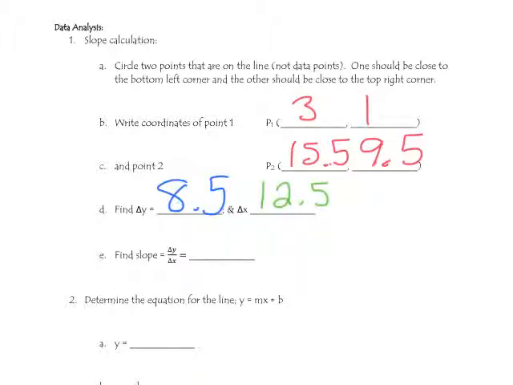All right, so now that I have my two values, I got my rise, which is 8.5 meters, and my run, it took me 12.5 seconds to go 8.5 meters. So I can find my slope, which is my change in y, 8.5, divided by my change in x, which is 12.5. So I'll say 8.5 divided by 12.5, and when I do my calculation, that comes out to be